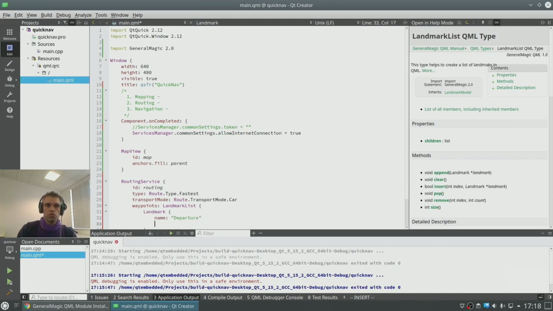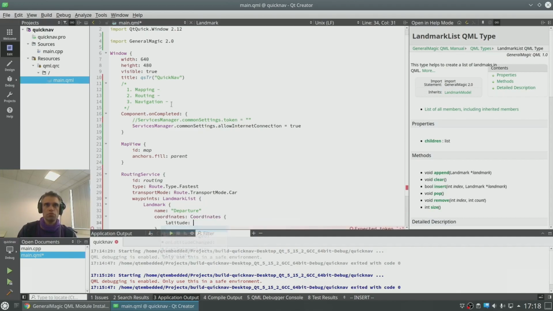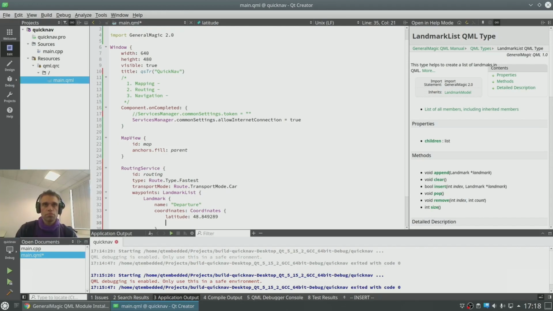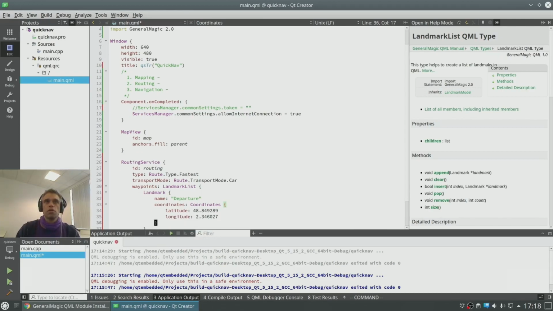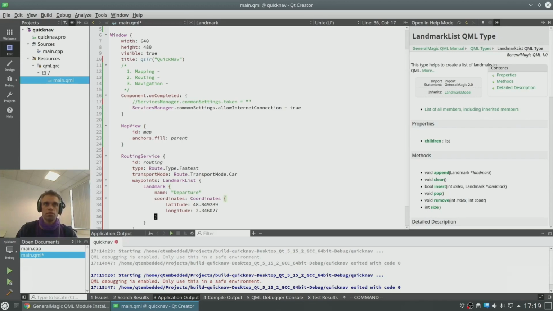And we give it coordinates. Latitude. And longitude. Now this is in Paris, because even in pandemic times it's not possible to have virtual restrictions, so we could always have a virtual dinner in Paris.